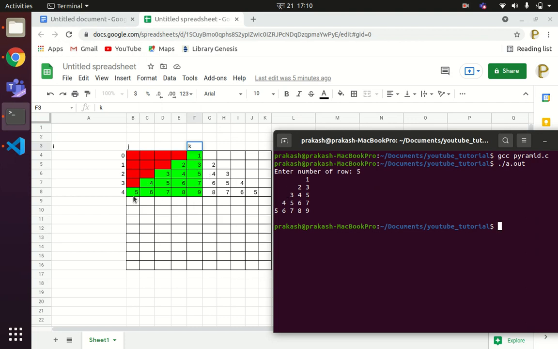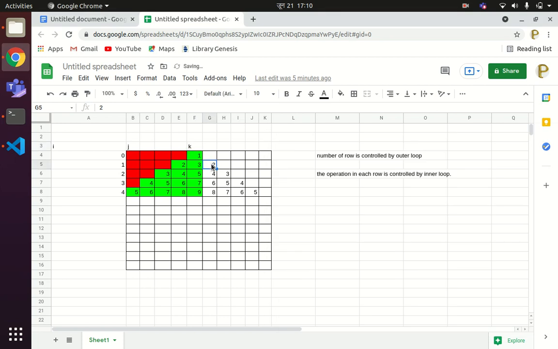8 9. Now, this value 3 is contained in which variable? The num count variable, right? This num count variable should be decremented up to what? The value of row plus 1. So if the row is 1, it starts with 2 and ends with 2. So this num count variable should be decremented up to this value.